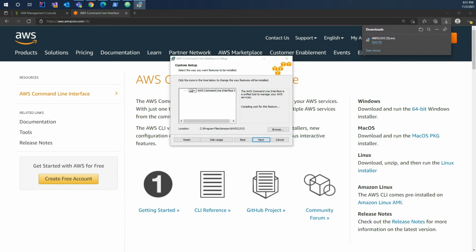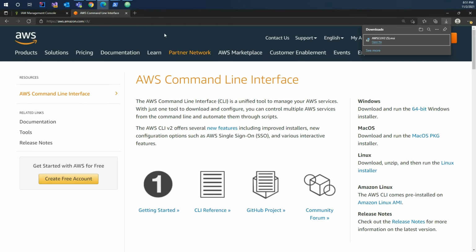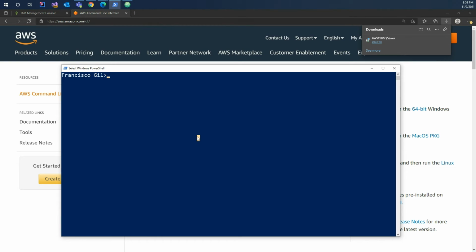And then I'm going directly to my PowerShell. Here, you can basically check the AWS version. If you go like this, that will give you the version that you have currently running, so that's fine. And then we're gonna do AWS configure,